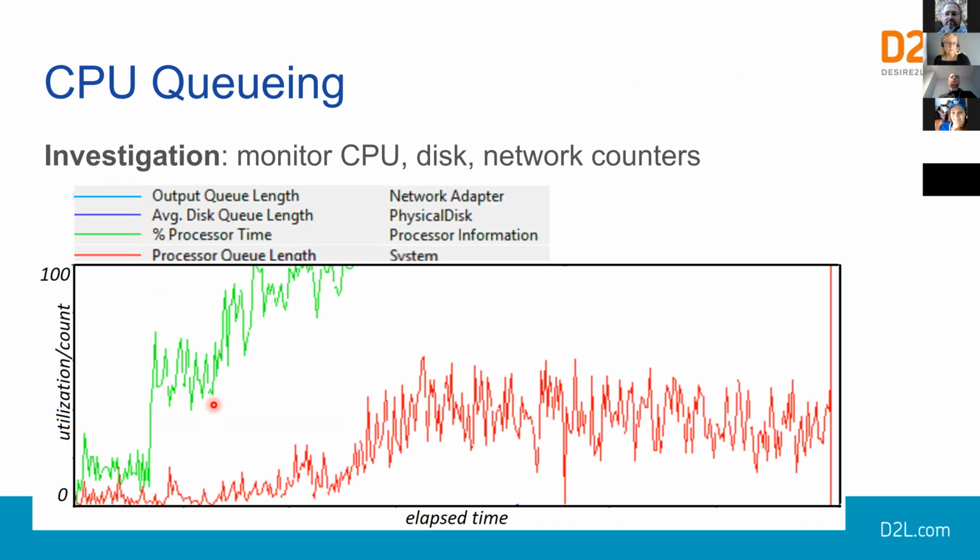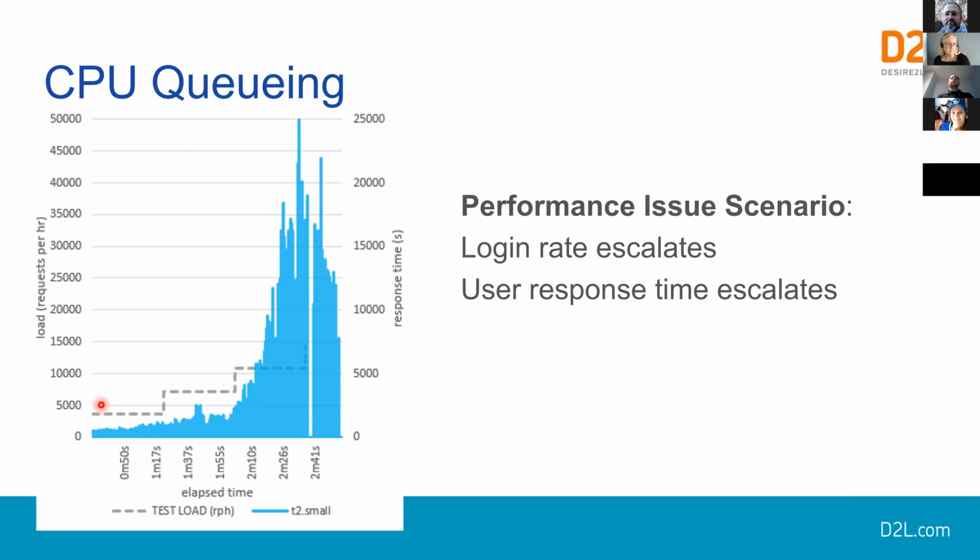But for the processor, with few logins initially, there appears to be minimal queuing that repeatedly clears. So queue length, the red line, repeatedly drops back down to 0. As incremental increases in load are applied, so looking back at this previous graph, we're seeing we're going from here to here, and we'll shortly increase load to here.